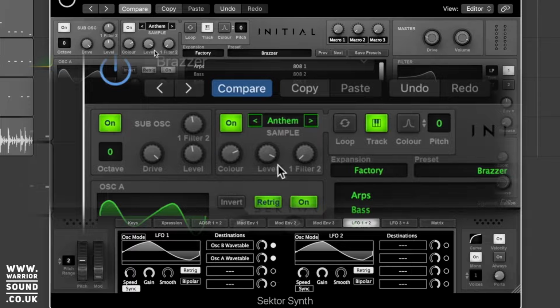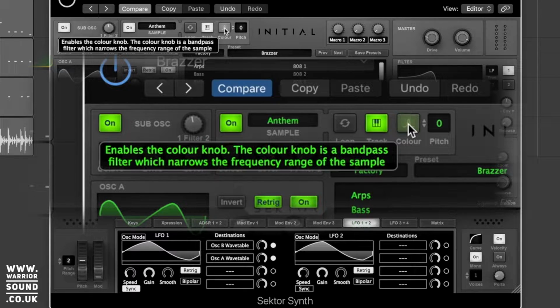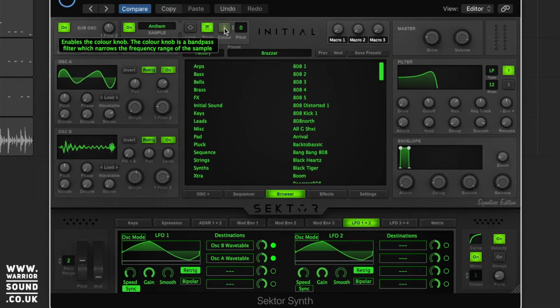We've then got color. Now, color's kind of odd. You have to activate it in this little joint section here, but essentially it's a bandpass filter, which is going to narrow the frequency range, similar to how you'd find color on a distortion unit, and then it's going to give you that key area that it works on, but it does nothing unless you activate this switch. It's kind of weird that they're so separated, but